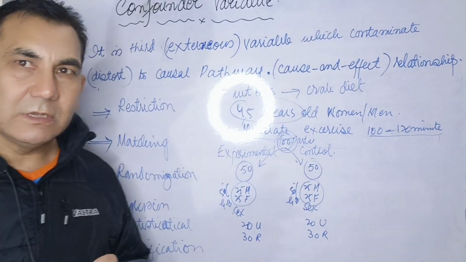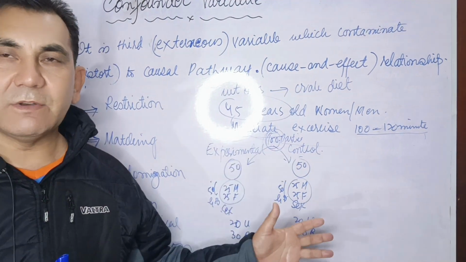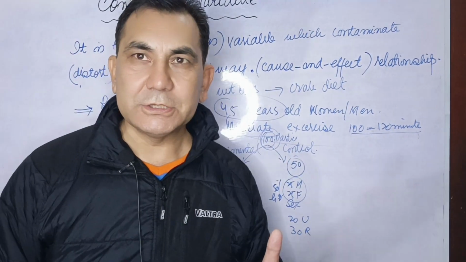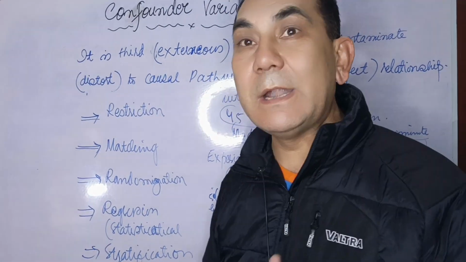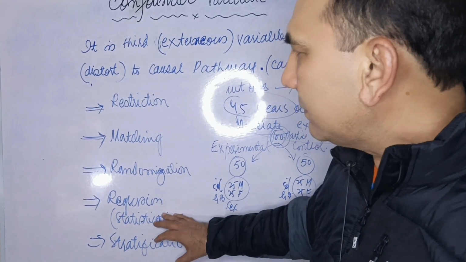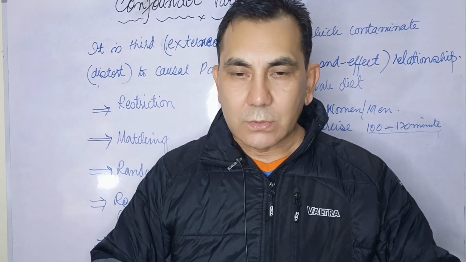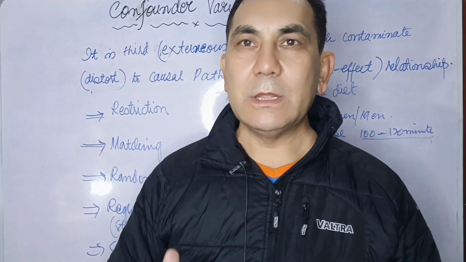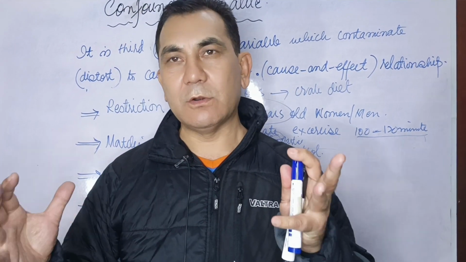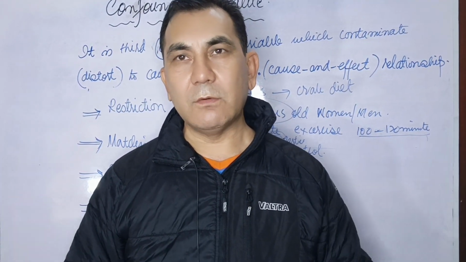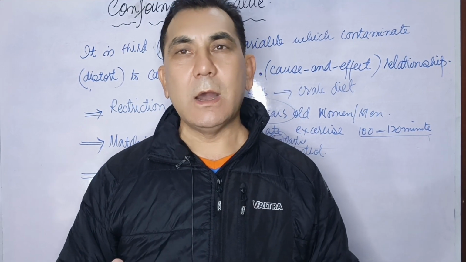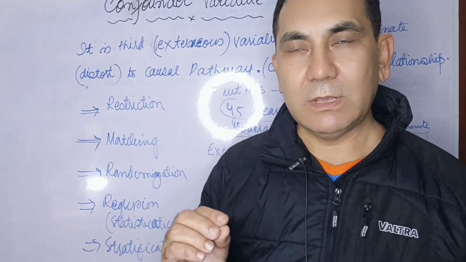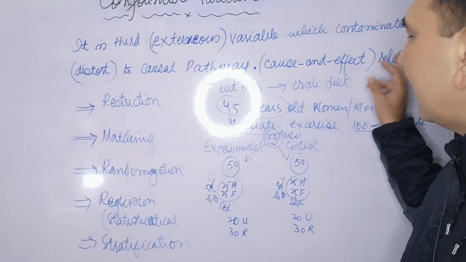By the stratification, then we will see the odds ratio or relative risk of each stratum, and then we will go for another method, which is a very advanced method called the Mantel-Haenszel method, which we apply to eradicate or eliminate the confounder. I hope in today's lecture your concept about confounding is clear. What is the confounding variable? The confounding variable is a third or external variable which contaminates or distorts your actual causal pathway, or may affect the cause and the relationship.